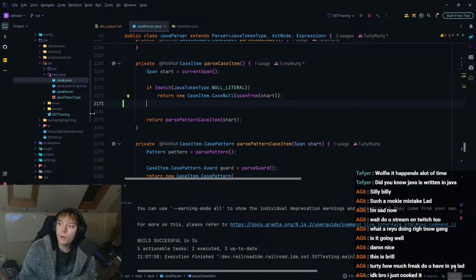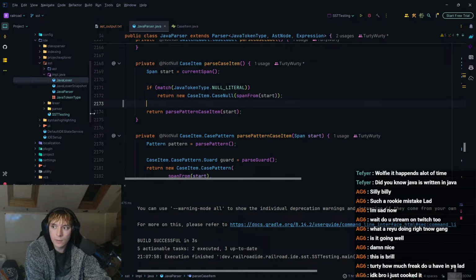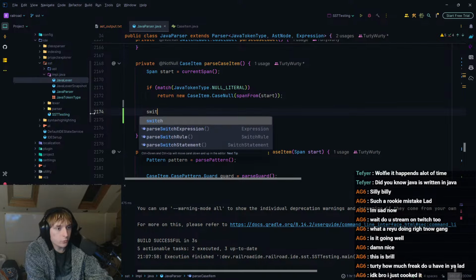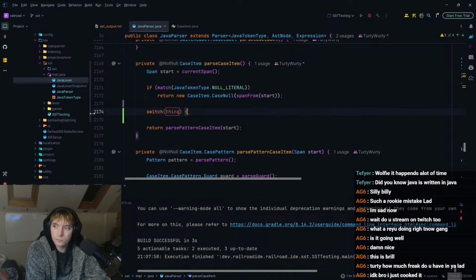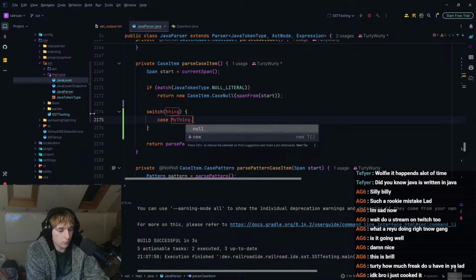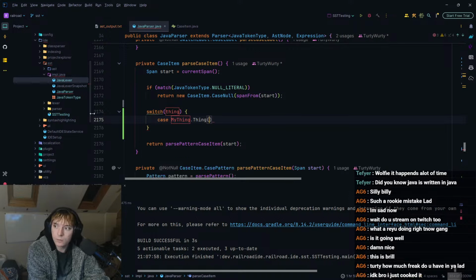Wait, this is really hard. I need to be able to determine patterns versus constant. But the problem is you could do switch thing, case my thing dot thing, right? And then you can do something like string A, for example.